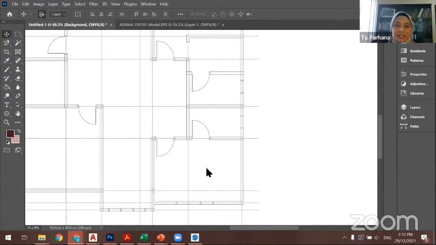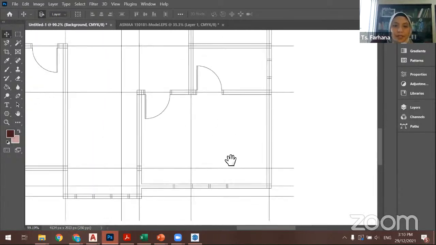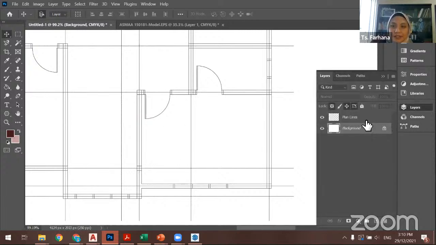Okay, so for this part here, let's say you want to color this whole floor here. Let's say this is a room, say the master bedroom for example. So you go to layer, make sure the plain lines, if you worry, actually you can see here above the layers, there's this lock position, or you can lock all. Lock all means you cannot even delete the layer. Okay, if I click lock all,